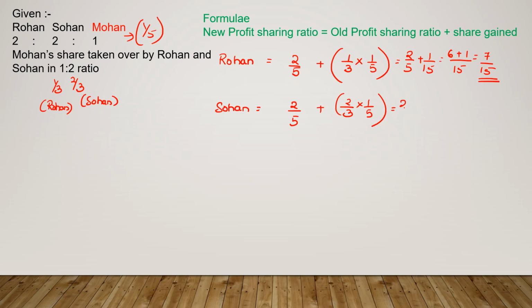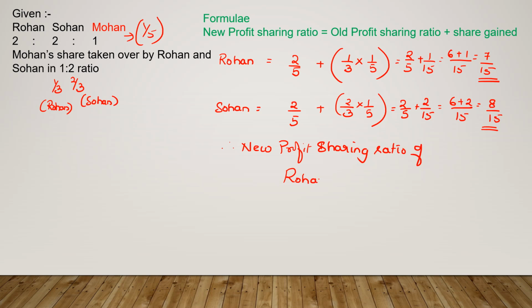Similarly here, 2/5 plus 2/15. Find the LCM, it is 15. 5 3s are 15. So 2 into 3 is 6, plus 2, it's 8/15. Therefore, the new profit sharing ratio of Rohan and Sohan is going to be